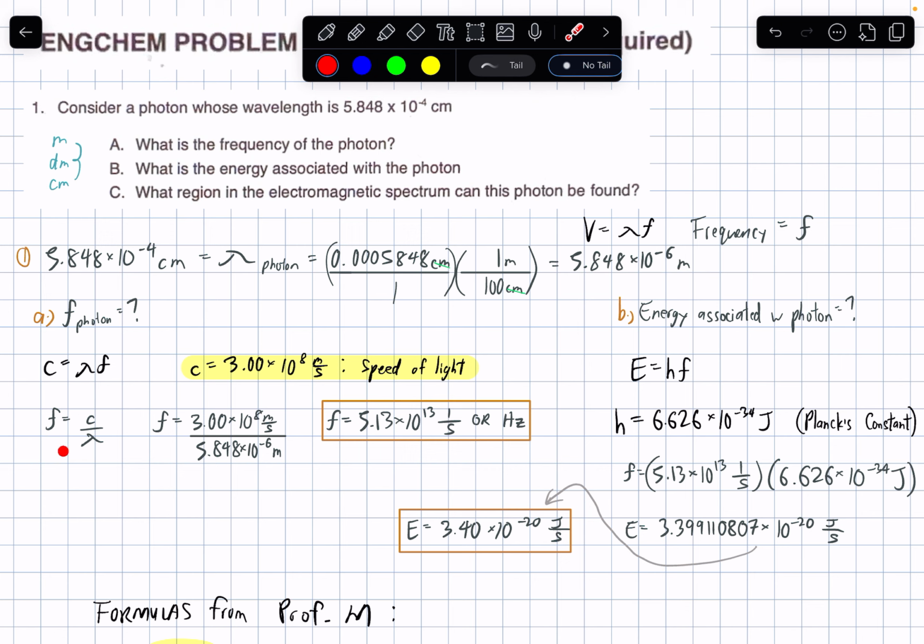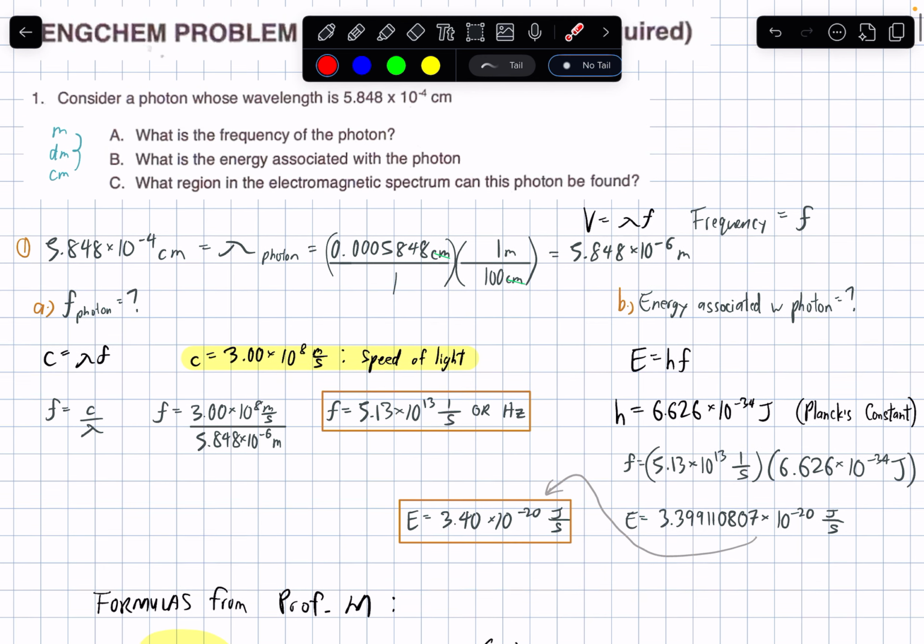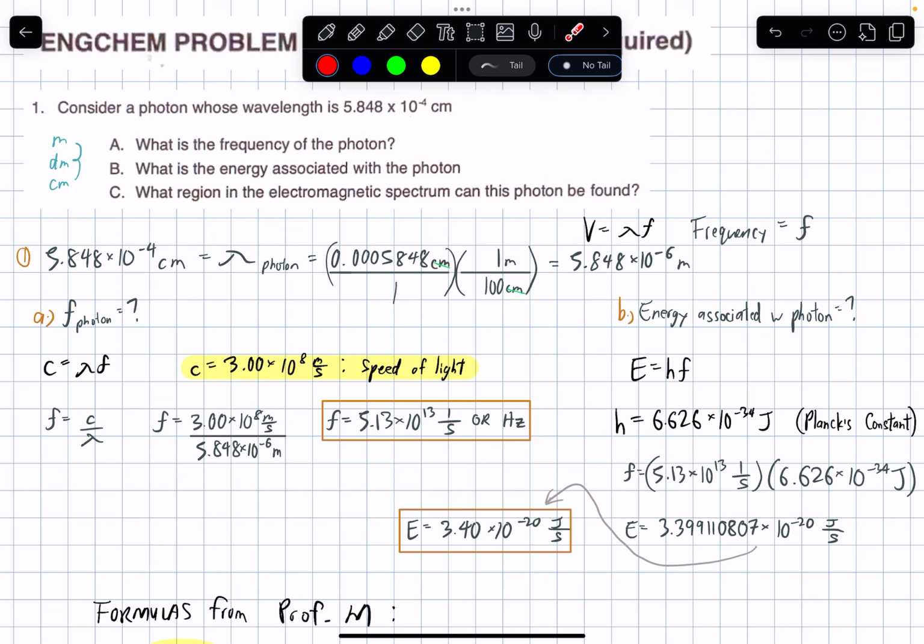Since the formula is frequency is equal to constant over lambda, which is the wavelength. So that's speed of light divided by the wavelength, which is now in meters. You get the final answer, which again is either in over seconds or hertz. Either unit would be okay. Letter B. So what is the energy associated with the photon? This is the kind of question that demonstrates the importance of being familiar with